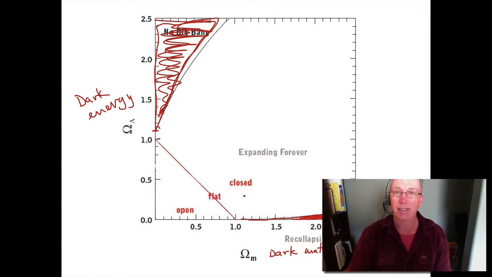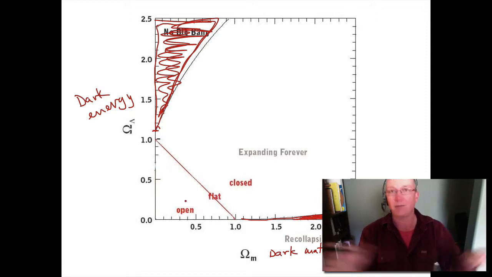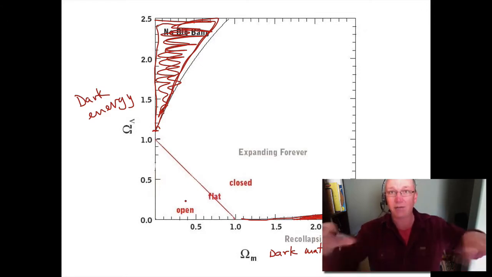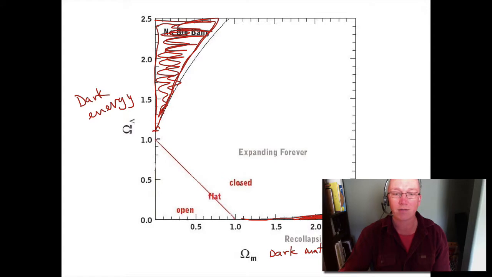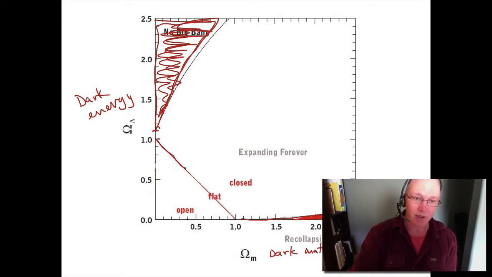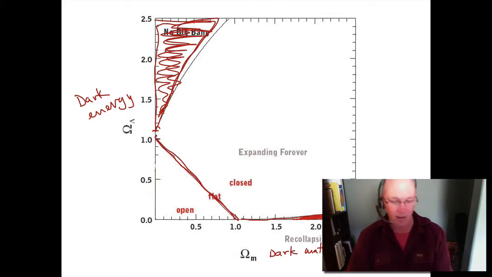Now, there are three possibilities in the expanding forever. We could be an open universe, which means we have an open curvature, that effectively the universe is infinite, and if there's any curvature, it's a negative curvature like a saddle. We could be a closed universe, where effectively we have a finite size but are curved back on ourselves. Or we can have a flat universe, which is effectively just an infinite universe that stretches out in all directions. And the infinite universe that stretches out in all directions and is perfectly flat has the feature that the amount of dark matter and dark energy adds up to be equal to 1. Okay, so that's what that line is right there.